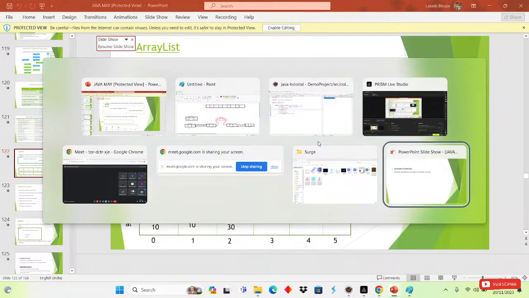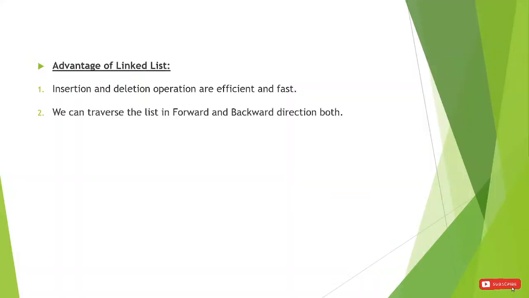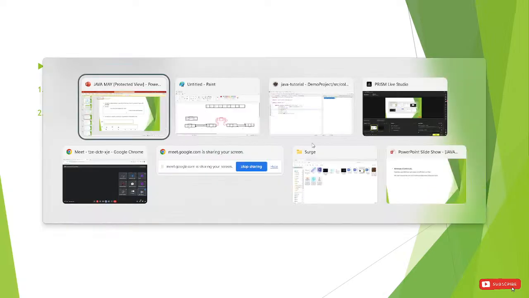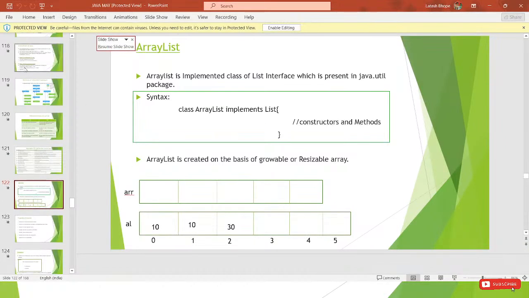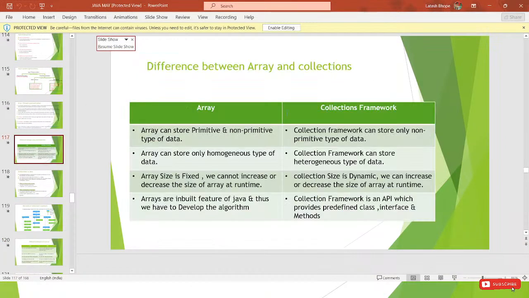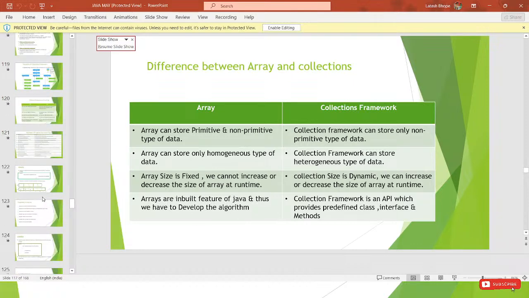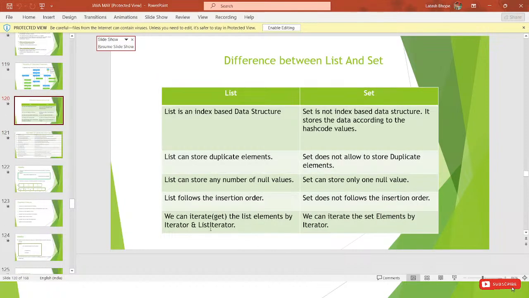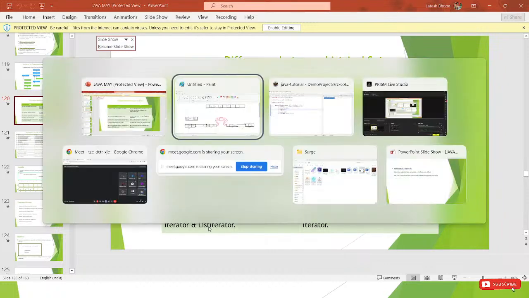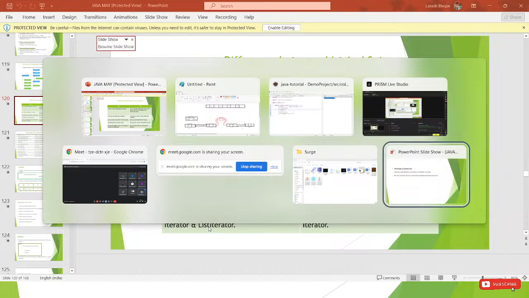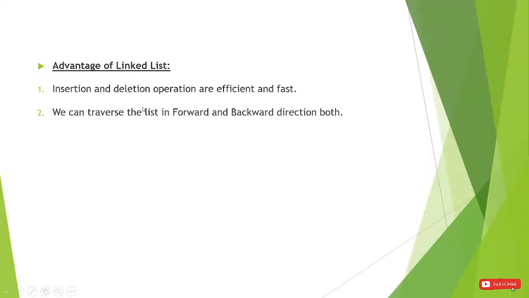After that, what is another advantage of the linked list? We can traverse the list in the forward and the backward direction also. Inside the list we have an iterator and a list iterator also. We can iterate in the forward direction and in the backward direction also. That's why we can traverse the list